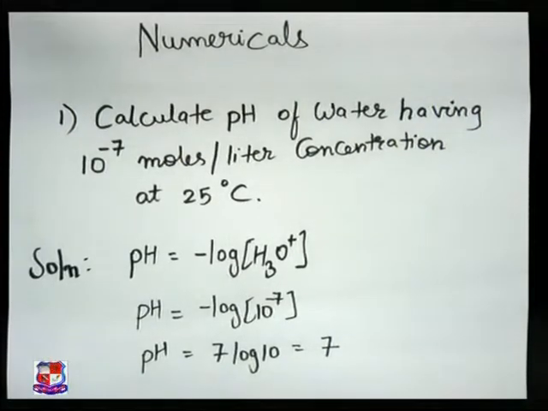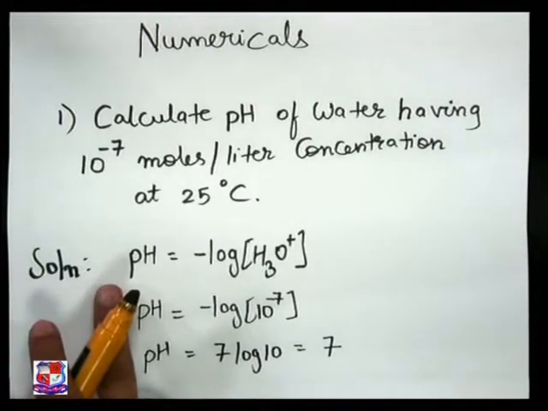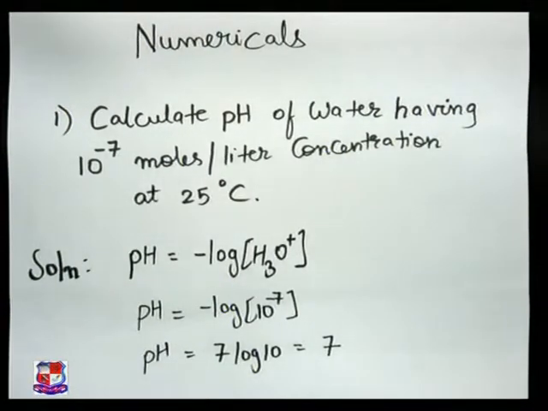This is a numerical that you can solve with the help of the simple pH formulas. And the definition of pH, as we have given earlier, was pH is defined as the negative logarithm of concentration of H3O plus ions expressed in moles per liter to the base 10. By using this formula, we can calculate any numerical, and any solution pH can be found out by these processes. Let us go ahead with another numerical.